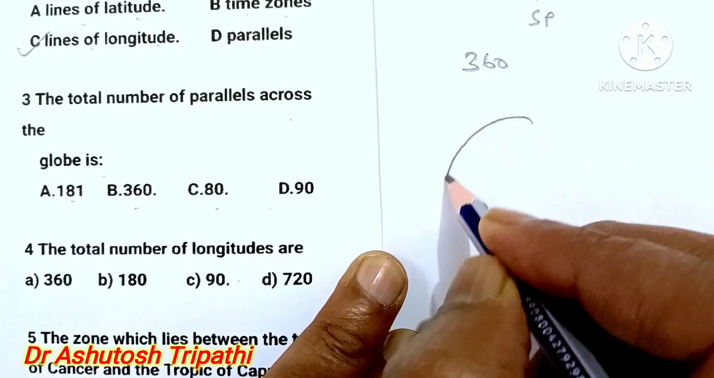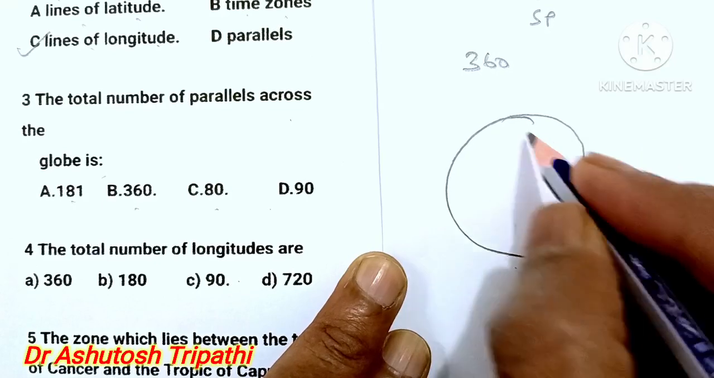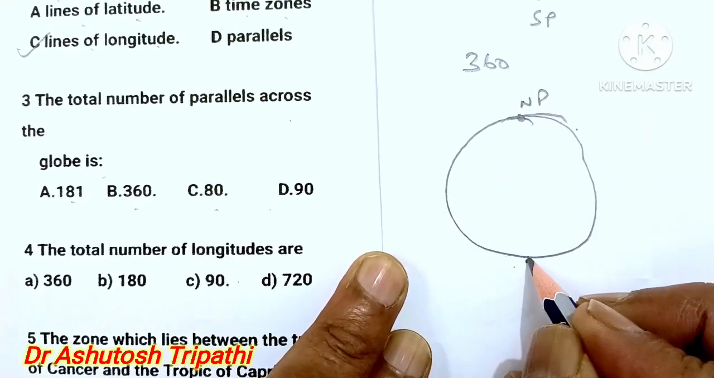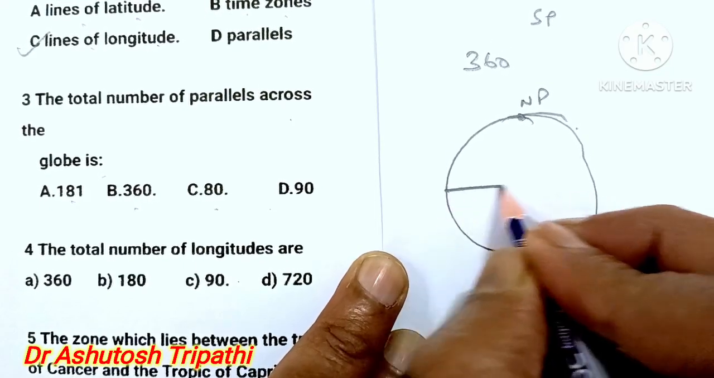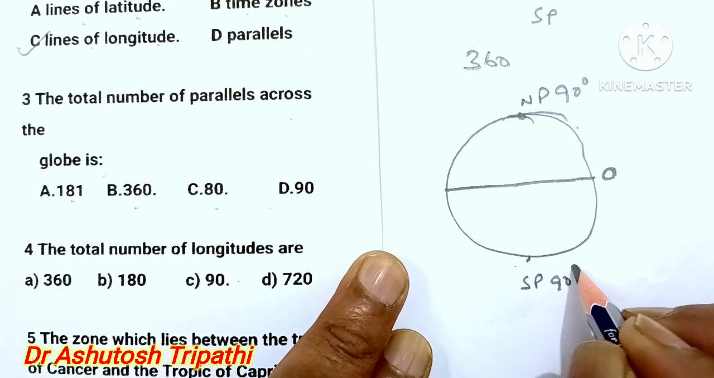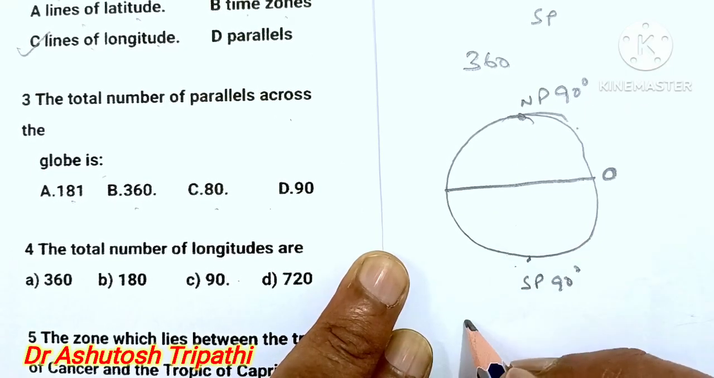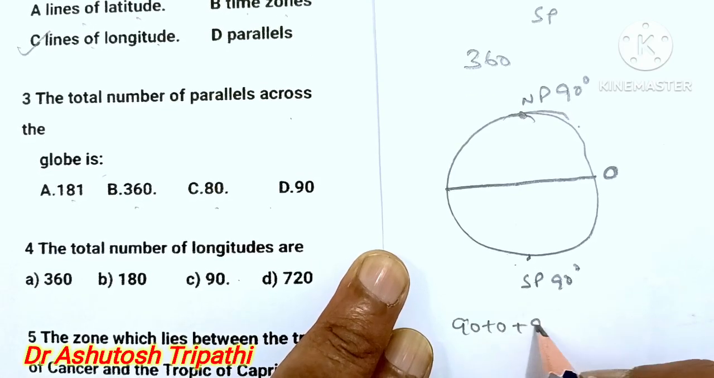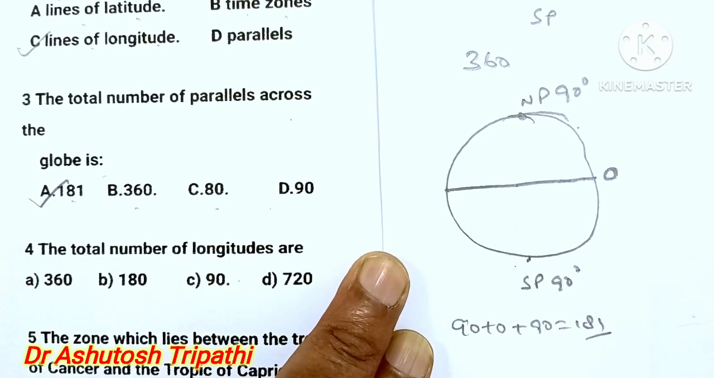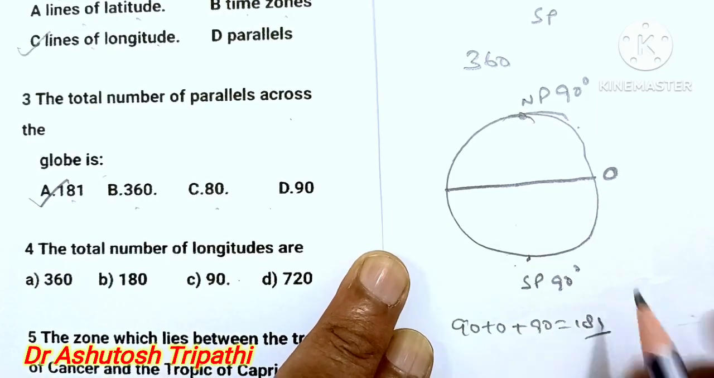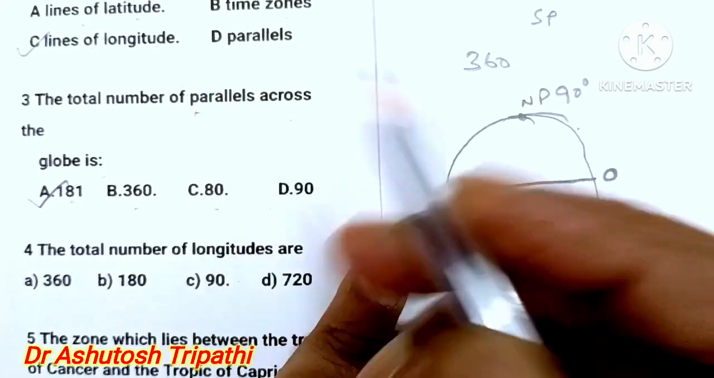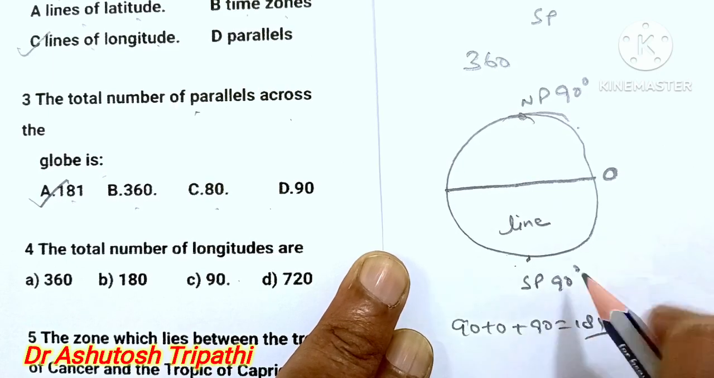Now the same question here: the total number of parallels, not the lines. This is the North Pole and this is the South Pole. This is the 0 degree equator and this is the 90 degree North Pole and the 90 degree South Pole. If you add all these, 90 plus 0 plus 90, it equals 181. So answer A is correct. But when they ask about lines, not only the parallels but latitude lines or parallel lines, then the answer is